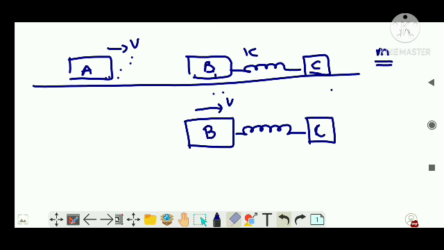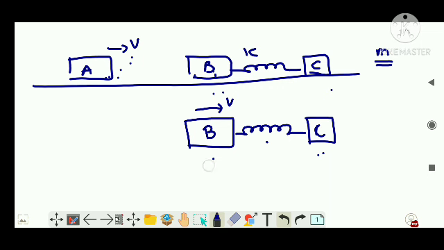Now B is only having velocity v and C is at rest. So B pushed the spring in this direction. So what would the spring feel? It will undergo compression. Along with it, it will push C in the outward direction. So as the velocity of B obviously starts to reduce, similarly C's velocity goes on increasing. That means your spring is getting compressed also.